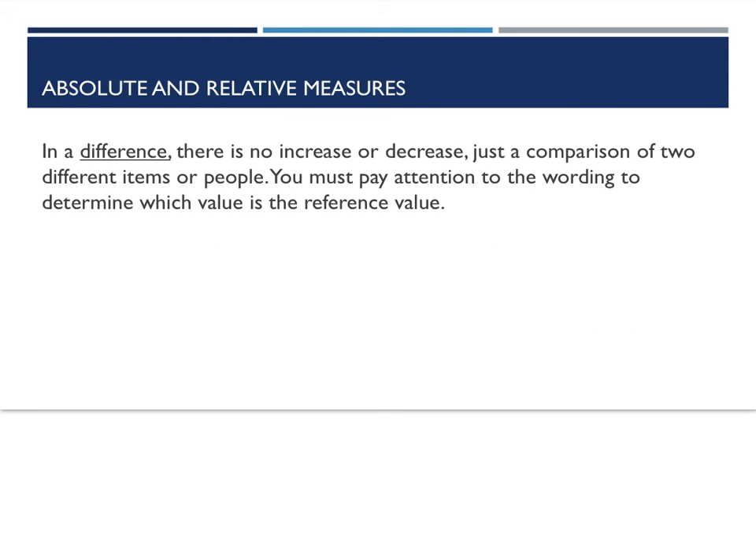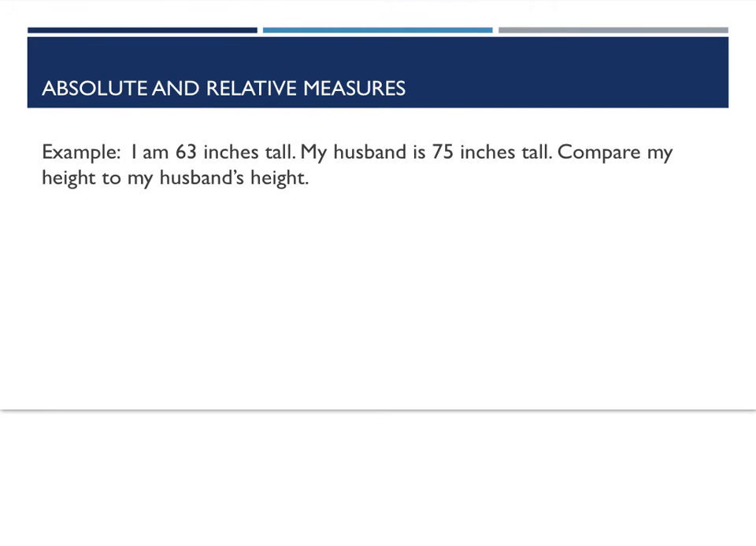Now, if we're talking about differences instead of changing, what I'm doing is comparing two totally different items. And when I do that, it's not necessarily as clear whether my answer for the absolute comparison should be positive or negative. So we have to do just a tiny bit more thinking to figure out what the reference value is. So if I'm 63 inches tall and my husband is 75 inches tall, I want to compare my height